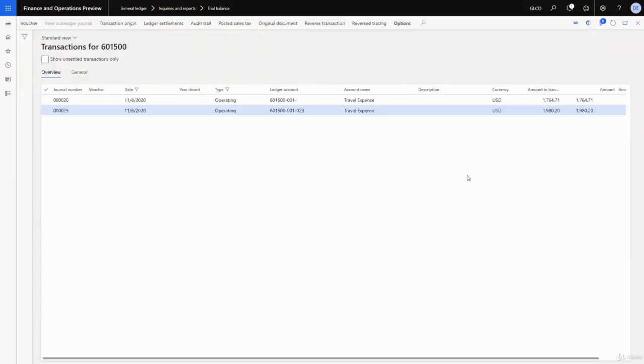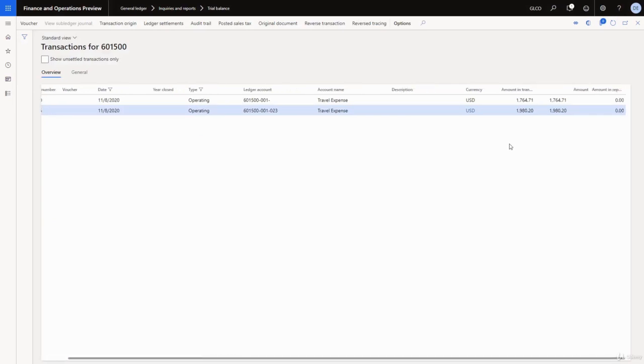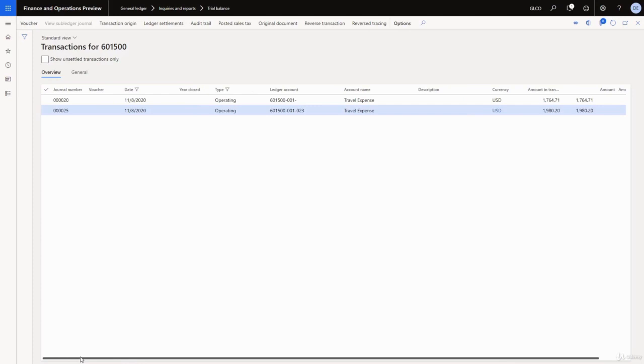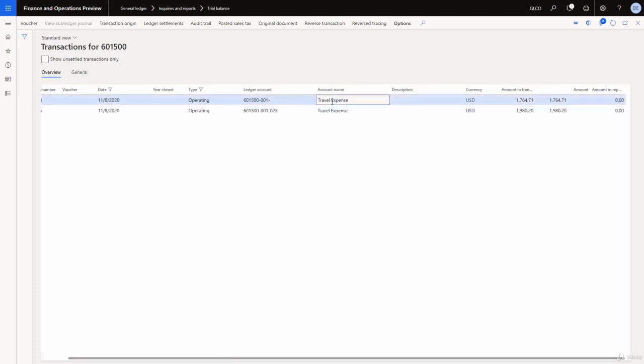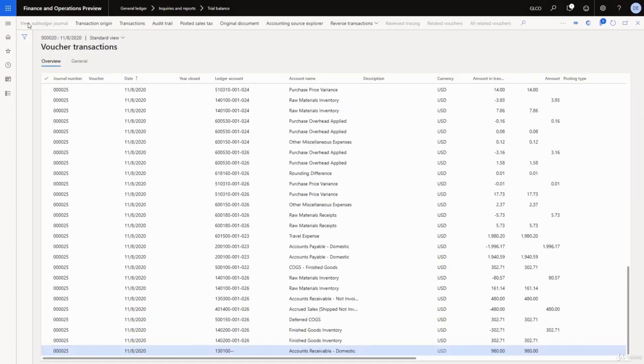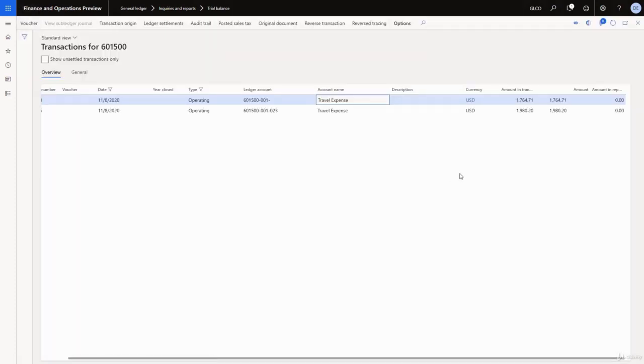One is 1764.71 and the other 1980.2. So one of these transactions has come across from the USMF company, and the other is the transaction that has come across from the USSI company. So if you remember the amounts, one is 1764.71 and one is 1980. So now let's log into USMF company